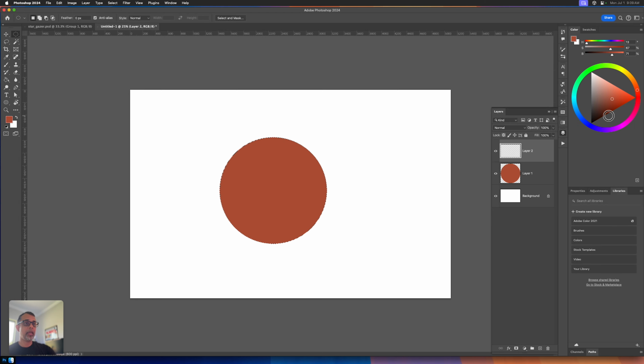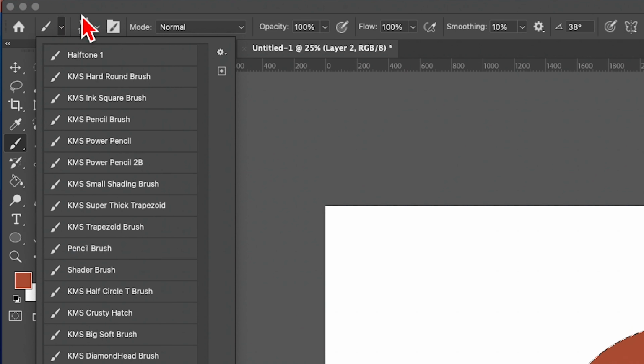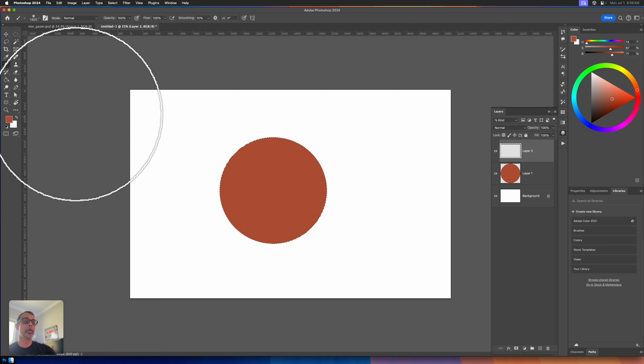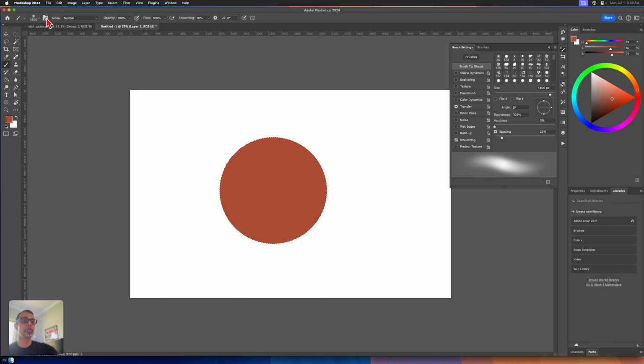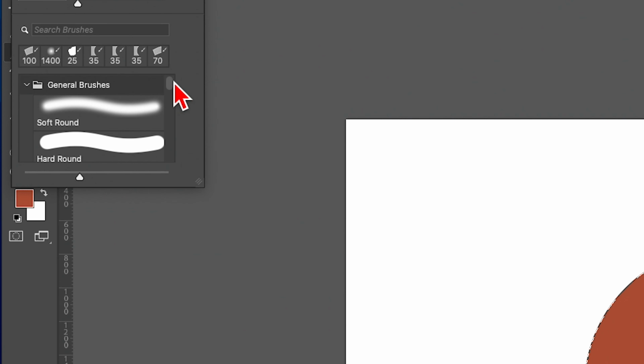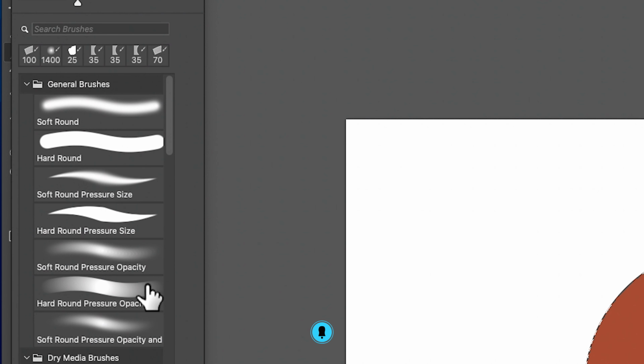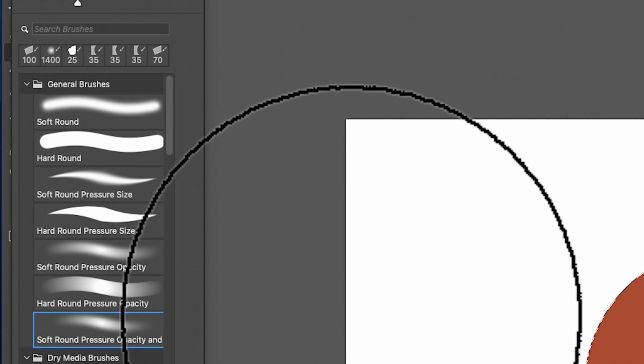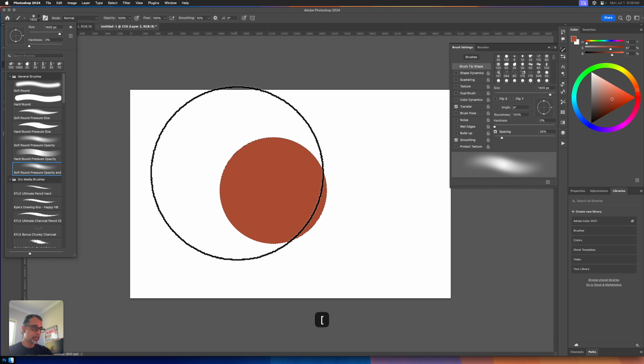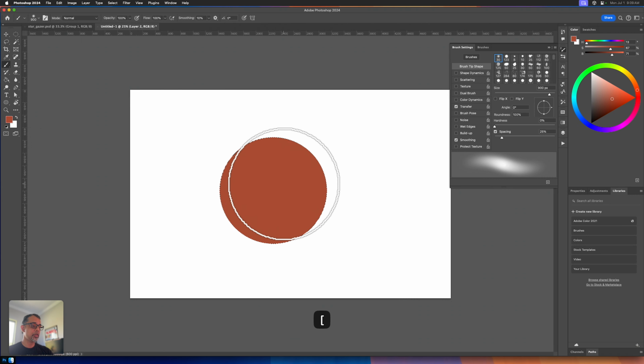I want to give it some volume. So in Photoshop, or if you're using another tool like Krita or something along those lines, you want to look for a soft pressure brush. So I'm going to pick this big soft brush here. It's a tool preset, but you can also find this particular brush. It is part of the built-in Photoshop library. In fact, if you were to look at general brushes here, if you choose soft, round, pressure, opacity, and flow, and you give it a fairly decent size,